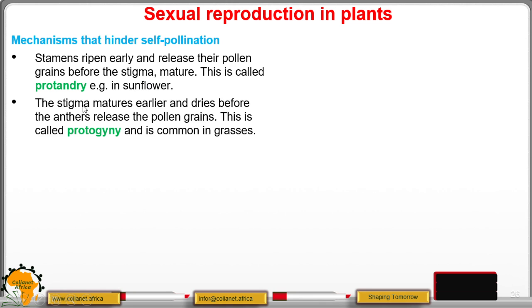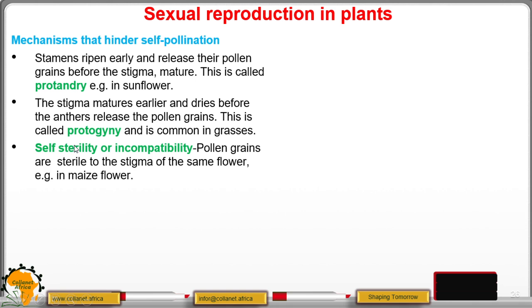We have another situation where the stigma, or the female part, matures early and then dries before the male part, the anthers, releases the pollen grains, and this is called protogyny. This is common in grasses. So in protogyny, the stigma matures early, but the pollen grains are not yet released. Another factor hindering self-pollination, but which also promotes cross-pollination: